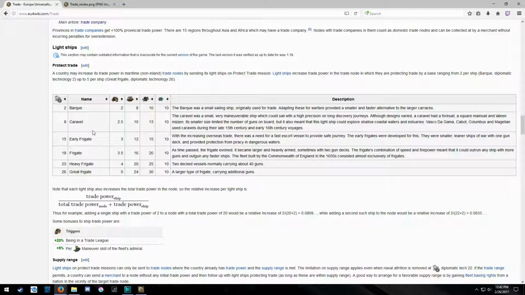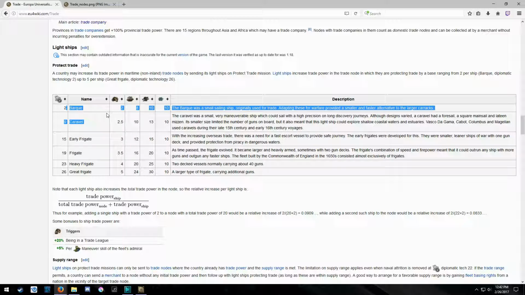Depending on the ship type, you start with barks, which have 2 trade power, and you end with great frigates, which have 5 trade power, which is basically double, but the cost of these ships doesn't change. So it'll cost you 20 ducats to build a bark and 20 ducats to build a frigate, and they maintain the same upkeep. The only difference is